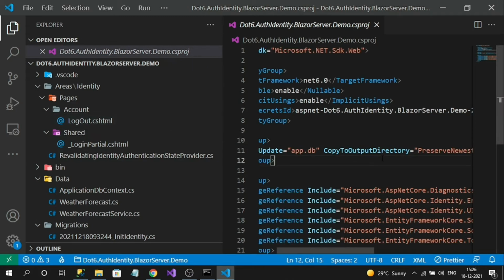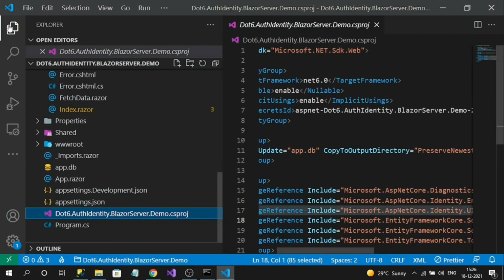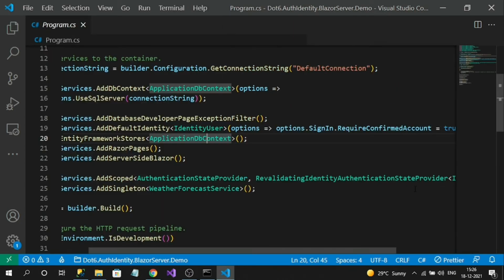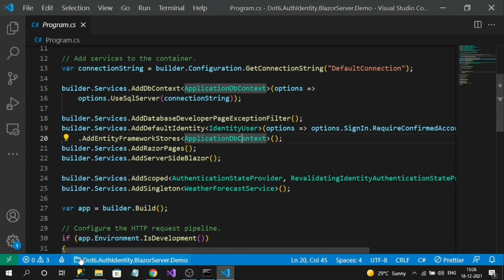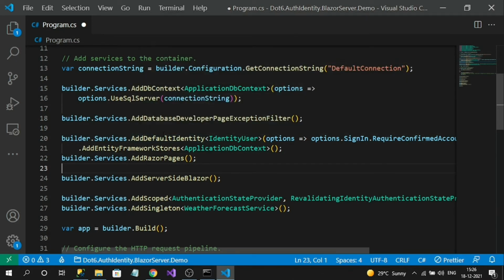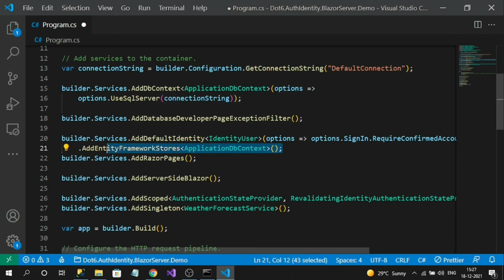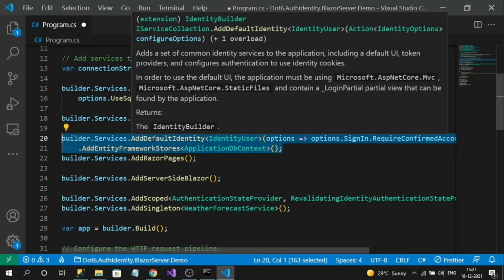Okay. So one more thing here we have to understand: we understand files are here, but how does Blazor server know how to invoke those? That happens because in the program.cs file you can observe, on service registration, like AddDefaultIdentity. If you hover here, you can read, in order to use the default UI, this service is nothing but to load the default login UI for our application. Okay, by default it loads all our identity pages. This service needs to be registered.